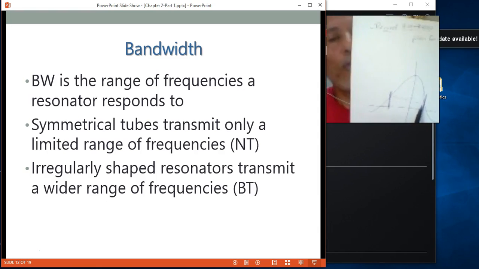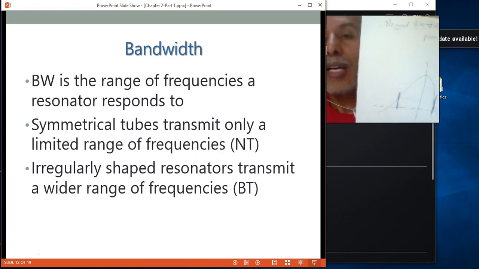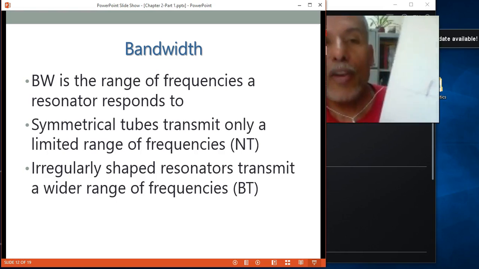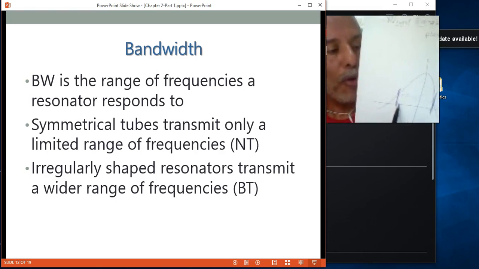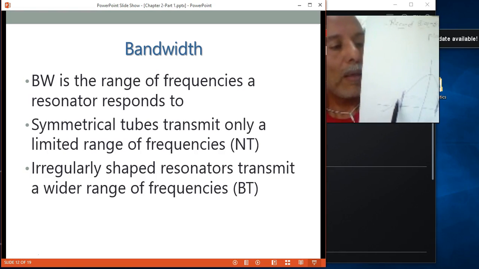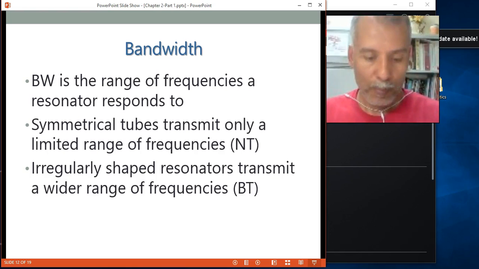And then when it goes to 500, it is also going to say, oh, 500 is okay, I can do it. But 550, it's going to say no, 510, no way, because it's out of my range. So that range from 300 to 500 is the bandwidth. How do you calculate it? Basically, the distance from here, 500 minus 300, that is 200. Or you can go 100 on one side, 100 on the other side. That becomes your bandwidth.